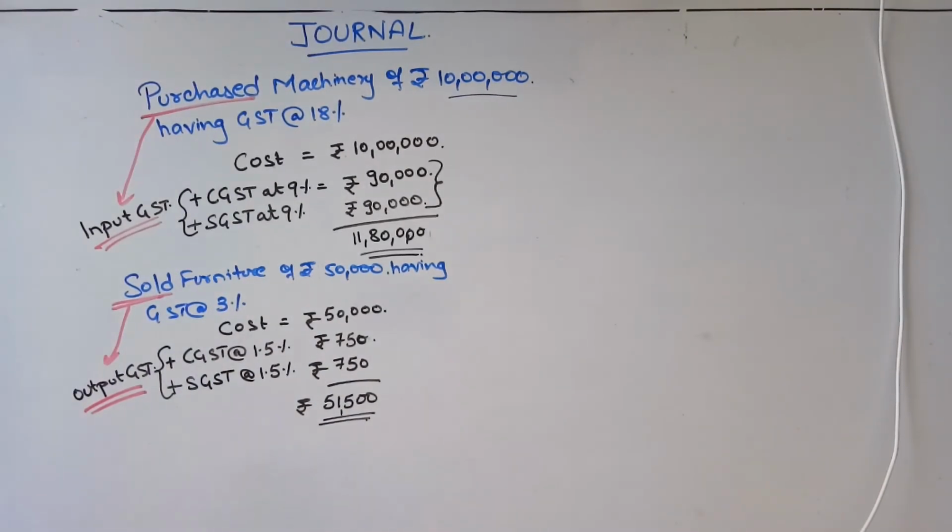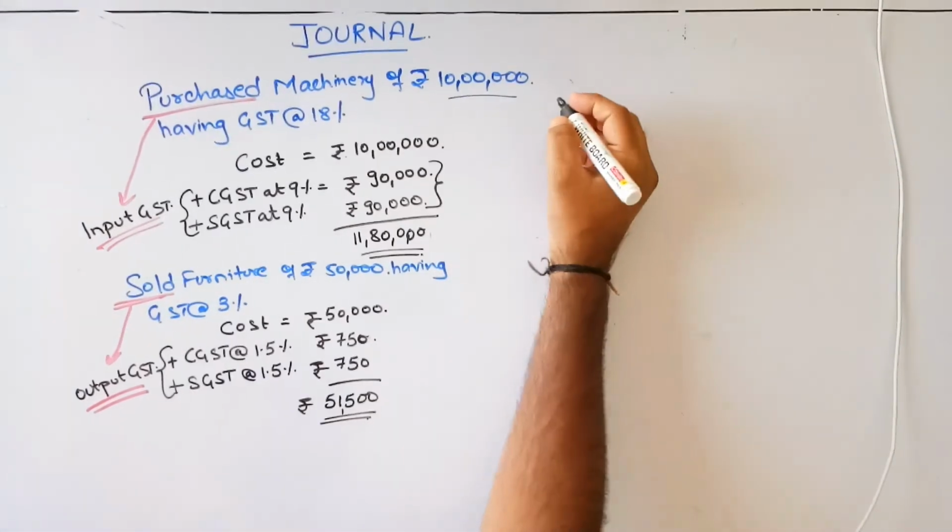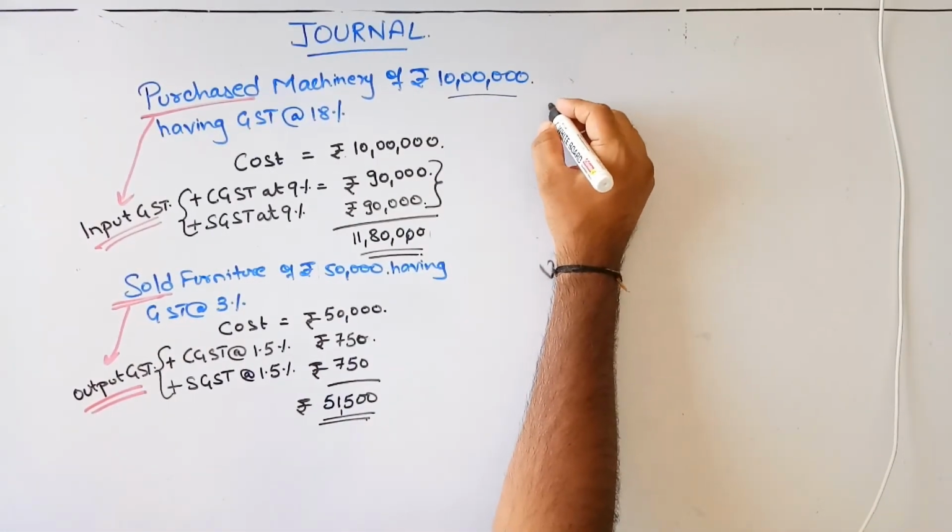Now, GST, what is your input GST? Tell me. It is your expense. You can say it is an expenditure for you, so that is also what we are paying. So even that will be debited over here. Agreed. So now what all accounts do we have? What are the aspects available with us?